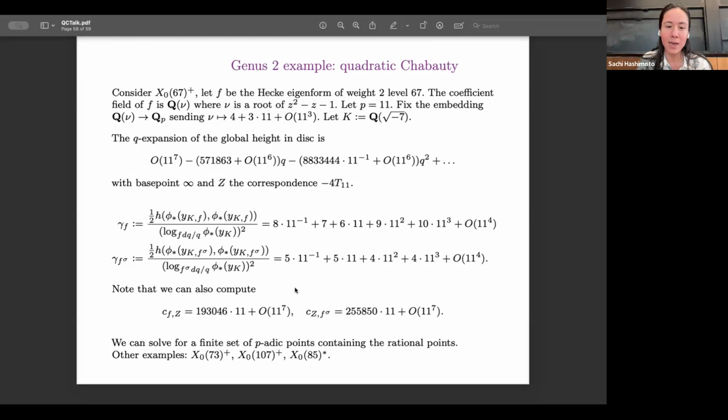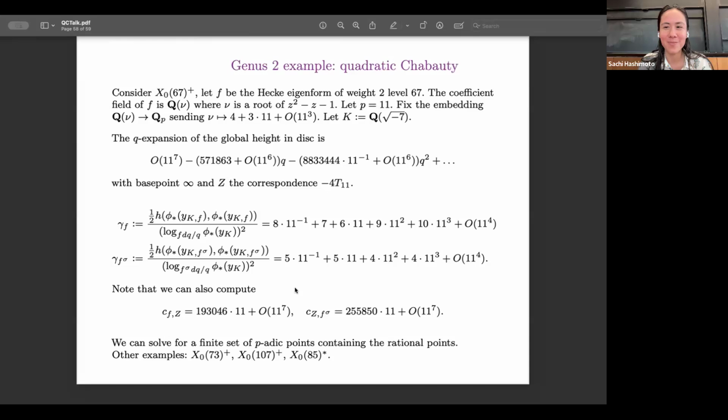And then why I only do genus 2 examples: I do have a genus 3 example in my paper, but because I've restricted to class number 1 and I have various splitting conditions, sometimes it's not possible to find a K that satisfies all the conditions you need, and that gets harder as the coefficient field grows. This is something one could definitely get rid of. There's no reason you really need class number 1, I just haven't done the work to remove the hypothesis, but it would be really cool if someone wanted to do that work.